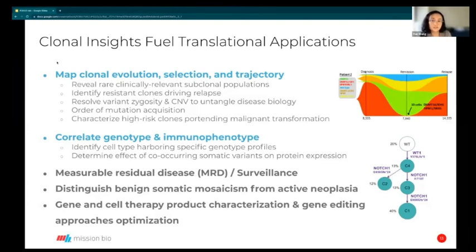For example, the researcher can determine a rare clinically relevant subclone population, identify the driver clone responsible for drug resistance, and resolve the mutation zygosities, copy numbers, and how these mutations are being acquired in order. And with our multi-omics technology, researchers can further differentiate the cell population by using both genotype and immunophenotype information here. The researchers can identify the cell type and simultaneously look at the specific genotype that is being harbored